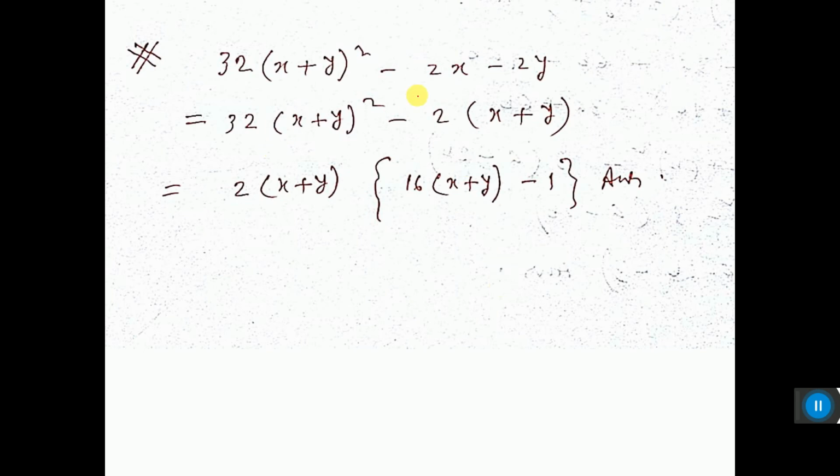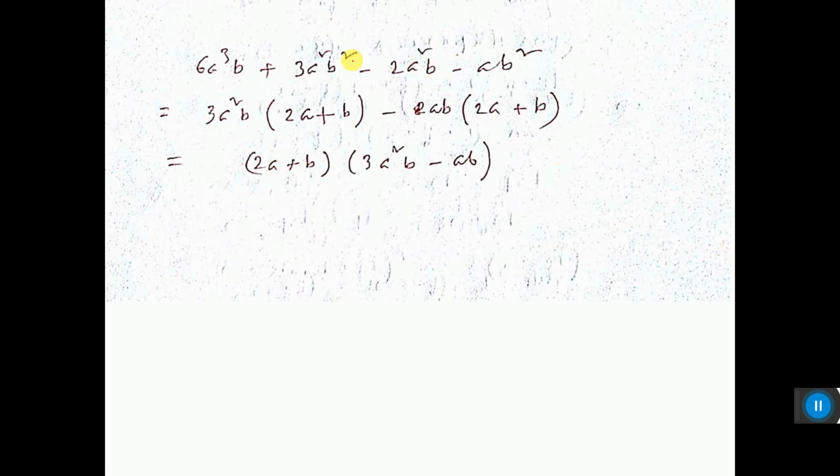Here one more sum I am showing you, this sum. You can take 2 common here. Then see, x plus 1, here also x plus 1, 2 times. So this 2 into x plus 1 if you take common, then here it is 1 only. Nothing means 1. And here 2 into 16, that is 32. So here 16, and x plus y whole square. So 1 I have taken, then another is left. That is done.